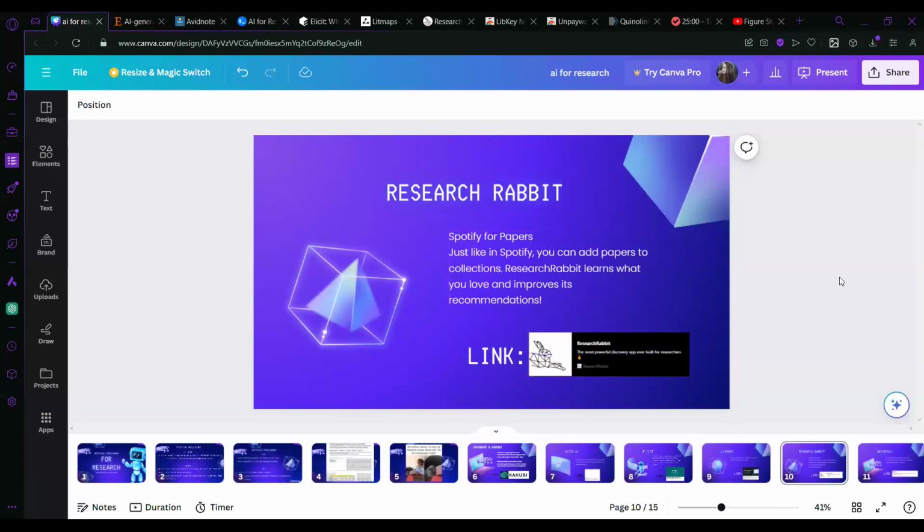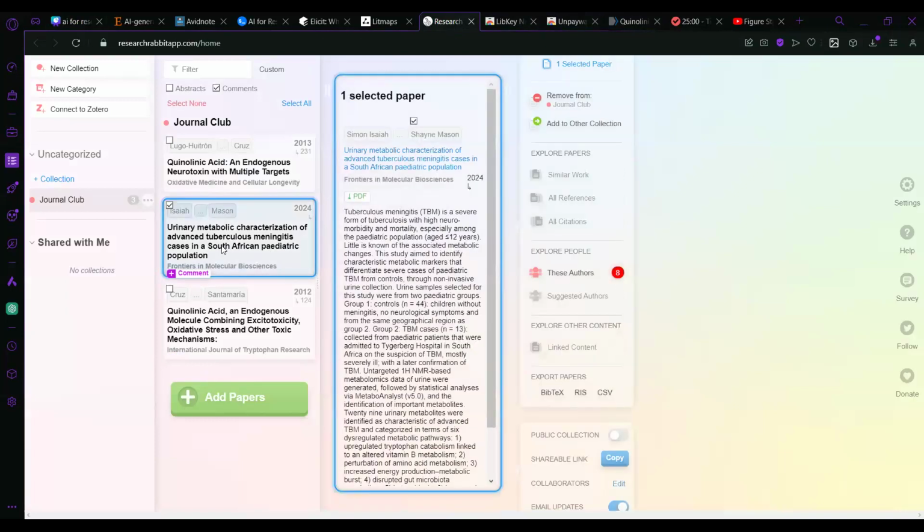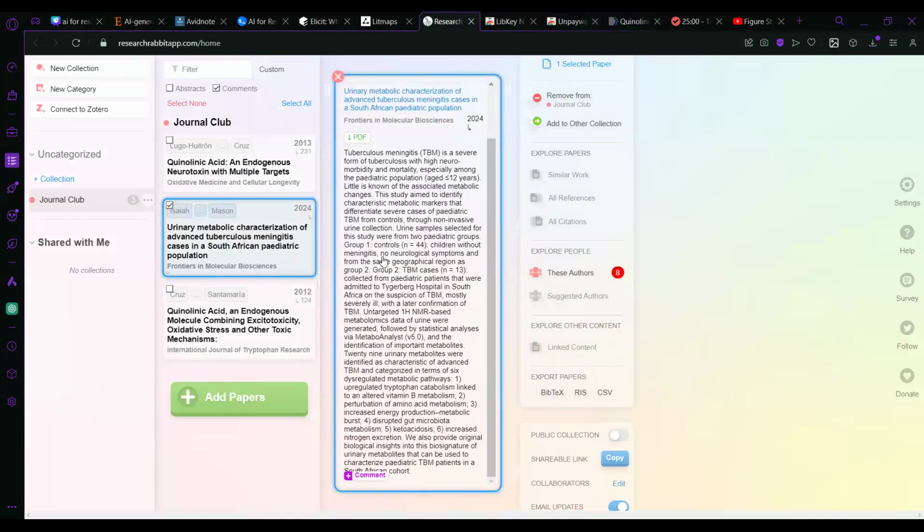So basically, in essence, it's Spotify for papers. Like Spotify, where Spotify would recommend you some songs and stuff, it will do the same if you use it regularly. So basically, Research Rabbit, this is Prof. Shane's article.